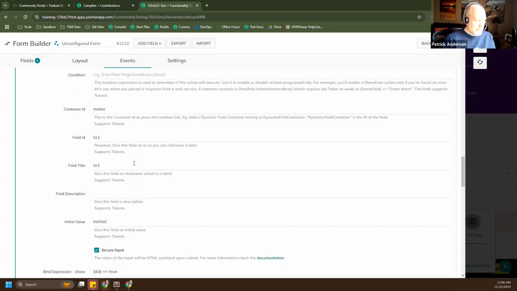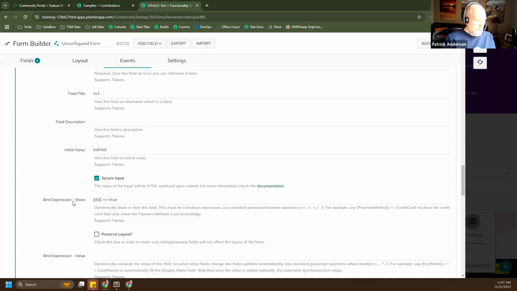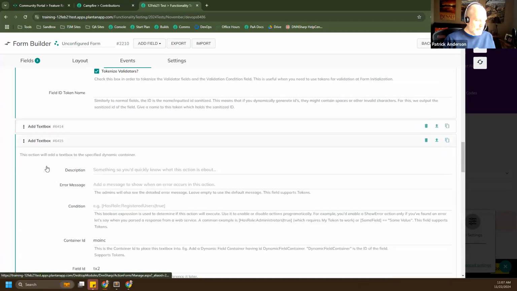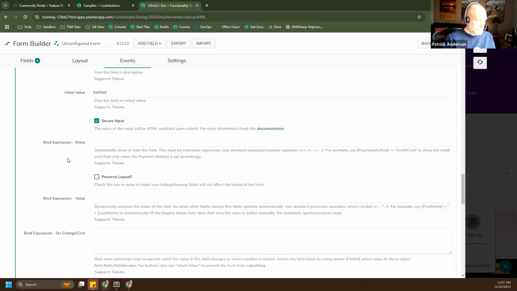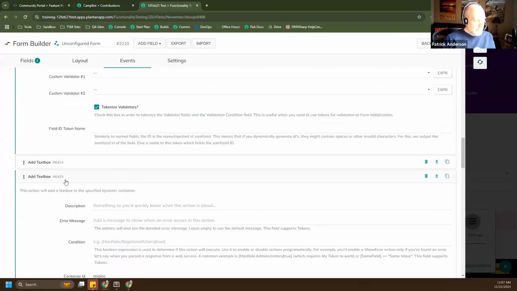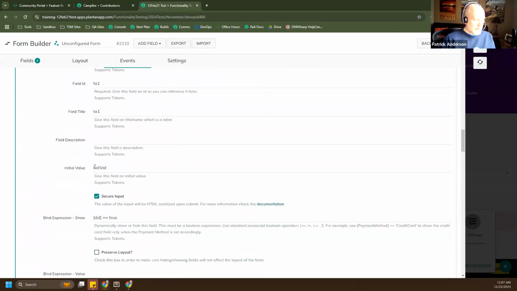So this is very simple. You can do very complex things with dynamic fields, and that's why they're so useful, but this setup to demonstrate this is very simple. Then I have a bind expression that shows this field if the dropdown is true. Then I show the second field. It doesn't have a bind expression, so it's always there. So the first one is only showing if the dropdown is true, and the second one is always there. As you could see when I did my demo a second ago,